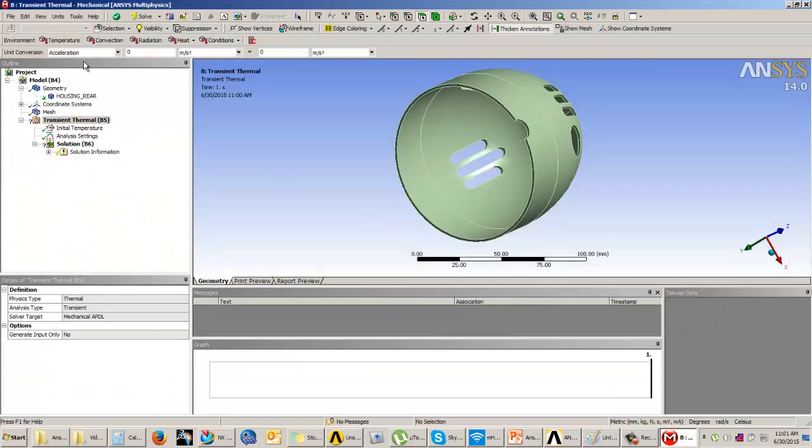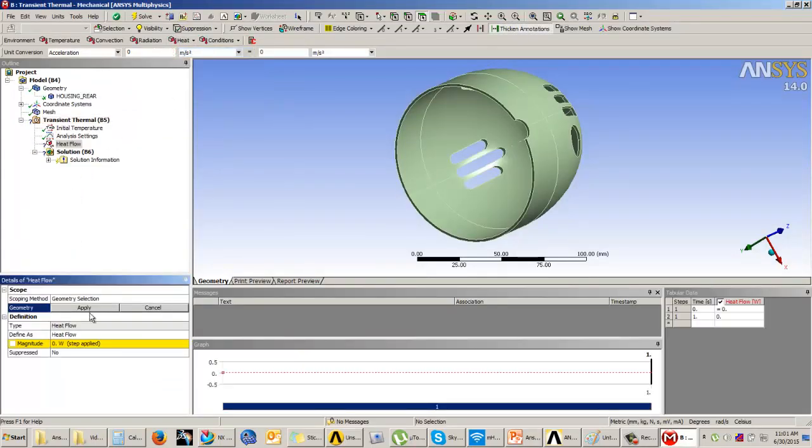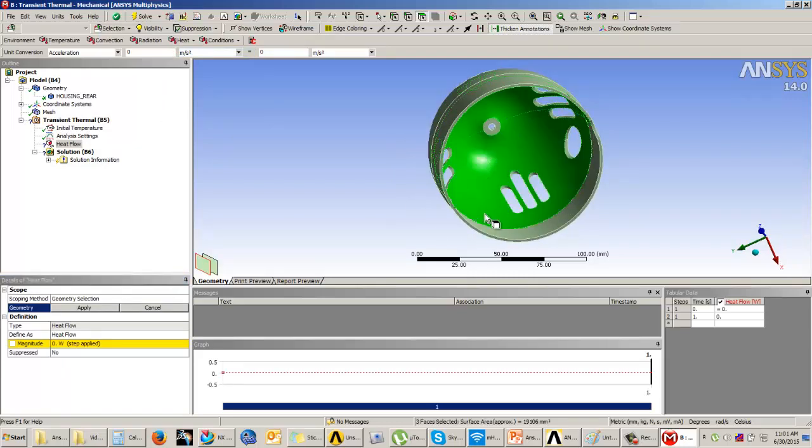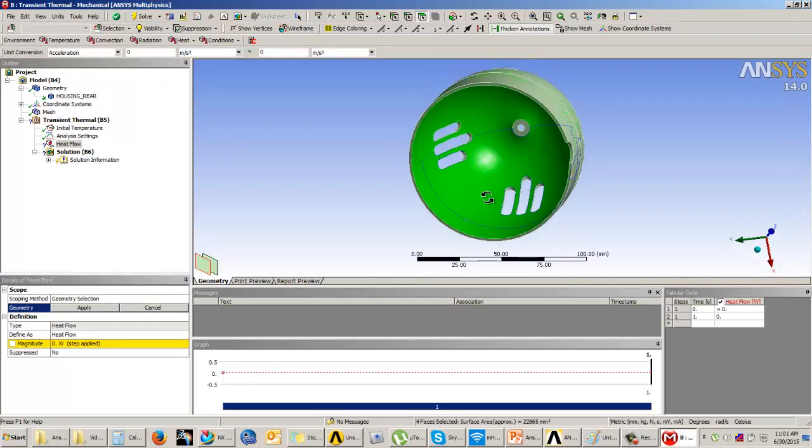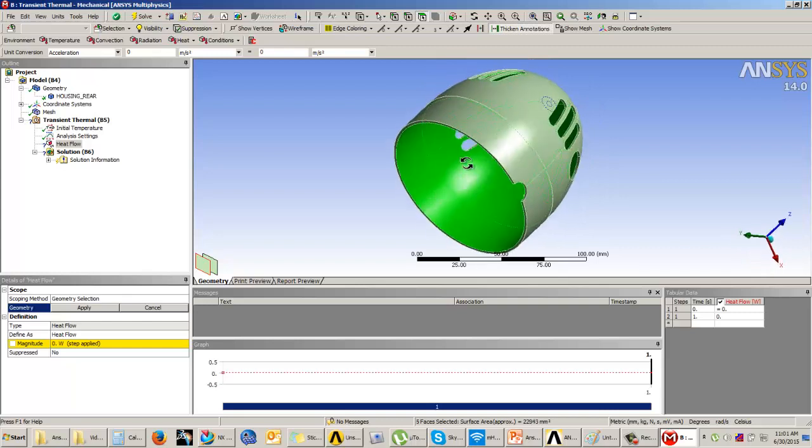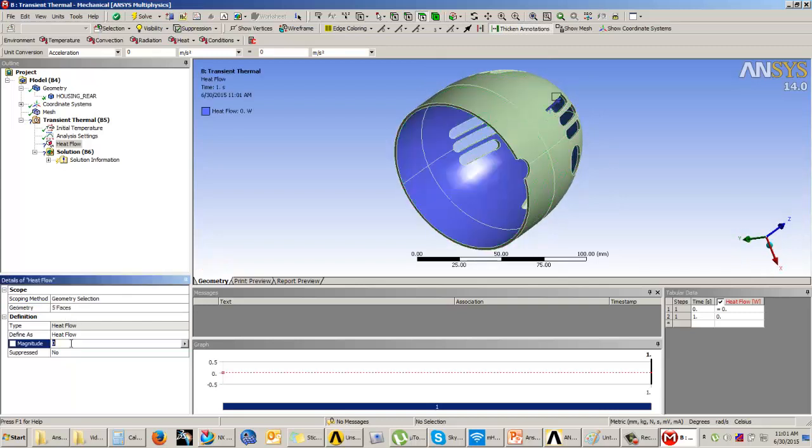We need to take a heat flow, select the face where it is acting. It is acting on the inside faces. So we have selected the inside faces. Okay. And the value is 5 watts, but it is acting for 10 seconds. So now where do you enter the timing? If you notice over here, it is only for 1 second. So to increase the time, what you need to do is